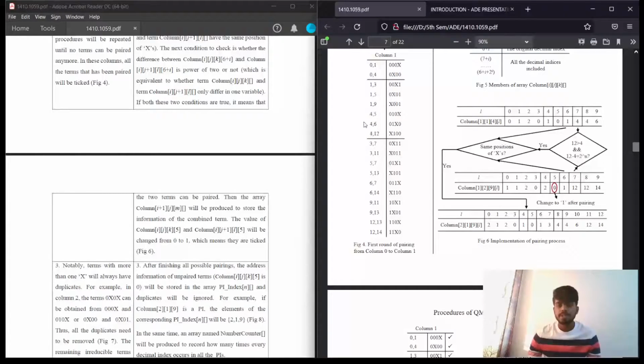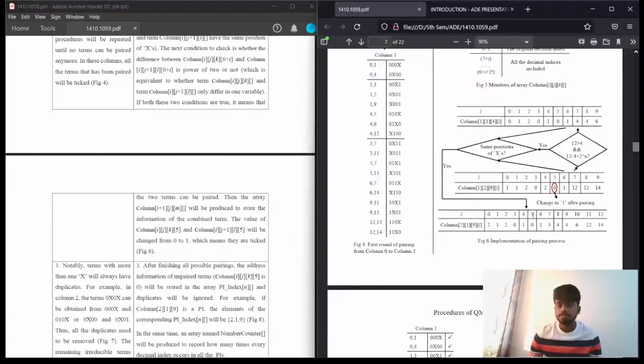Remember, the place where it was differing was the first bit, or the 0th bit. This was differing in the 0th bit. As this differs, we replace this with x. But as this is in the computer program, we replace it with 2, and the other bits stay the same. And the number of ones, in the fourth bit we represent the number of ones, is 1.